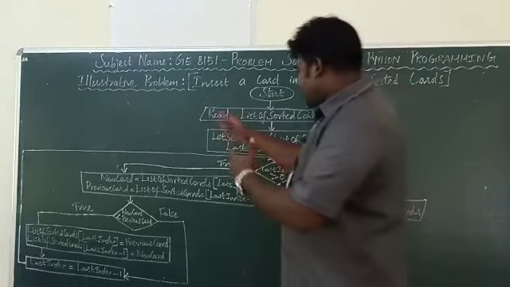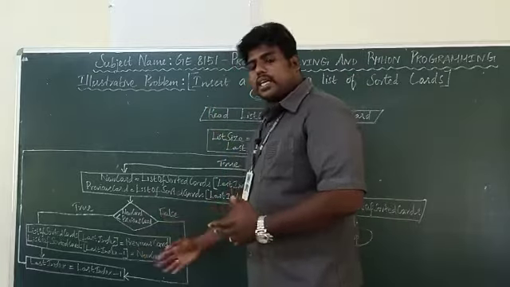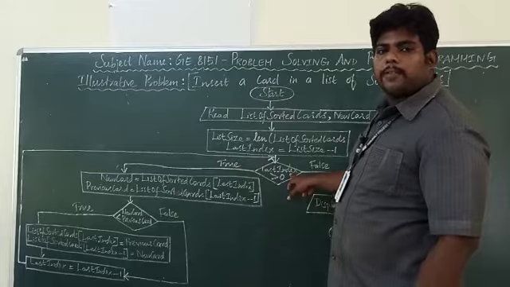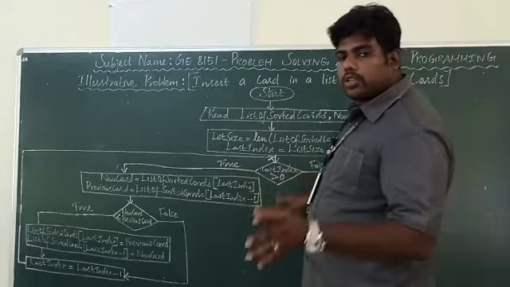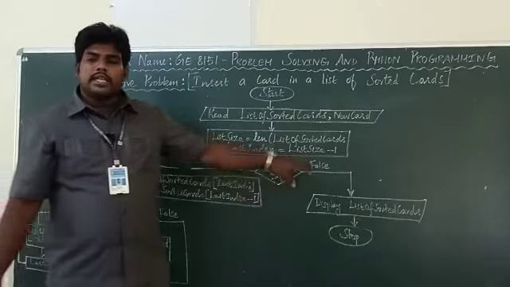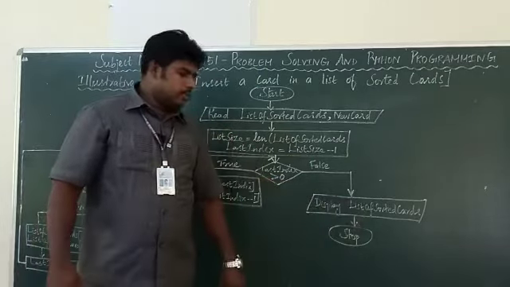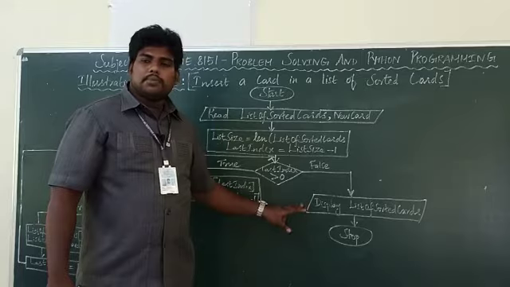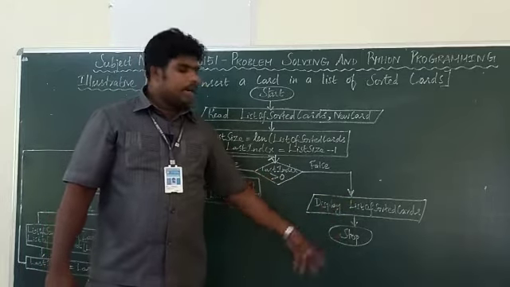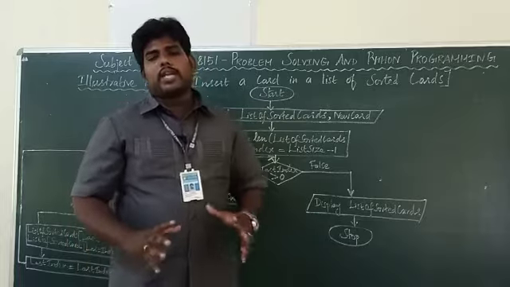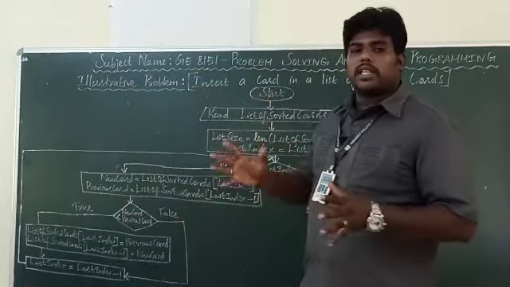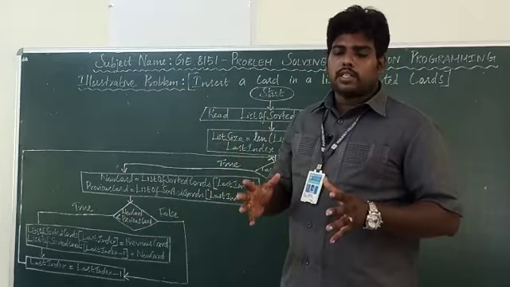If the condition is true, the same thing will be repeated again and again till the last index value reaches 1. That is greater than 0. So it is 1. Once the condition is false, it will display the list. Again, display means output, so we are using a parallelogram symbol. Then stop the program. I hope you understand these concepts of inserting a card in the list of sorted cards. Thank you, students.